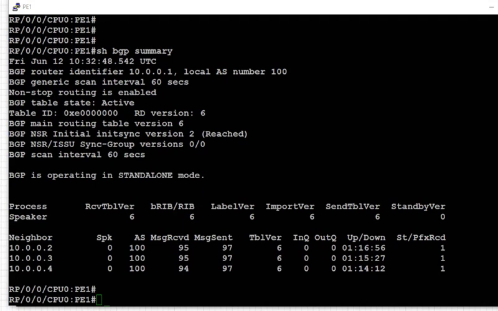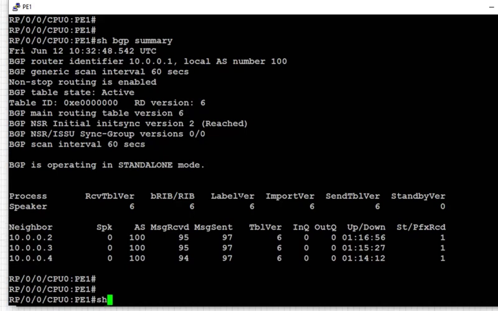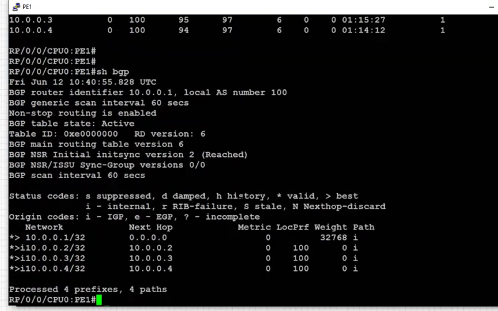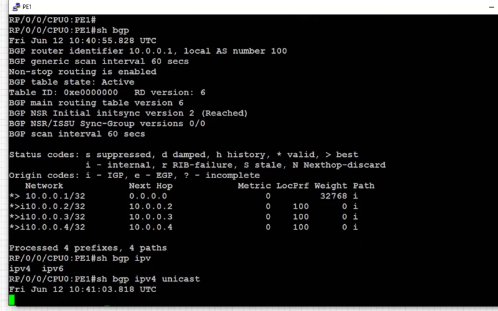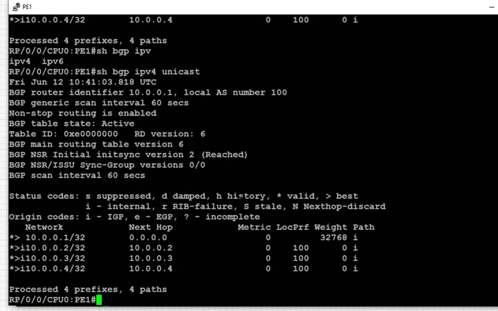Next, we're going to verify the routing table of BGP. There are various ways we can verify the routing table. We can use the command show BGP, and that will give us all the address families' output. We can also use show BGP IPv4 unicast, which will bring up only the IPv4 unicast table. If you have multiple families configured, I would use show BGP IPv4 unicast to just look at the table that I am interested in.